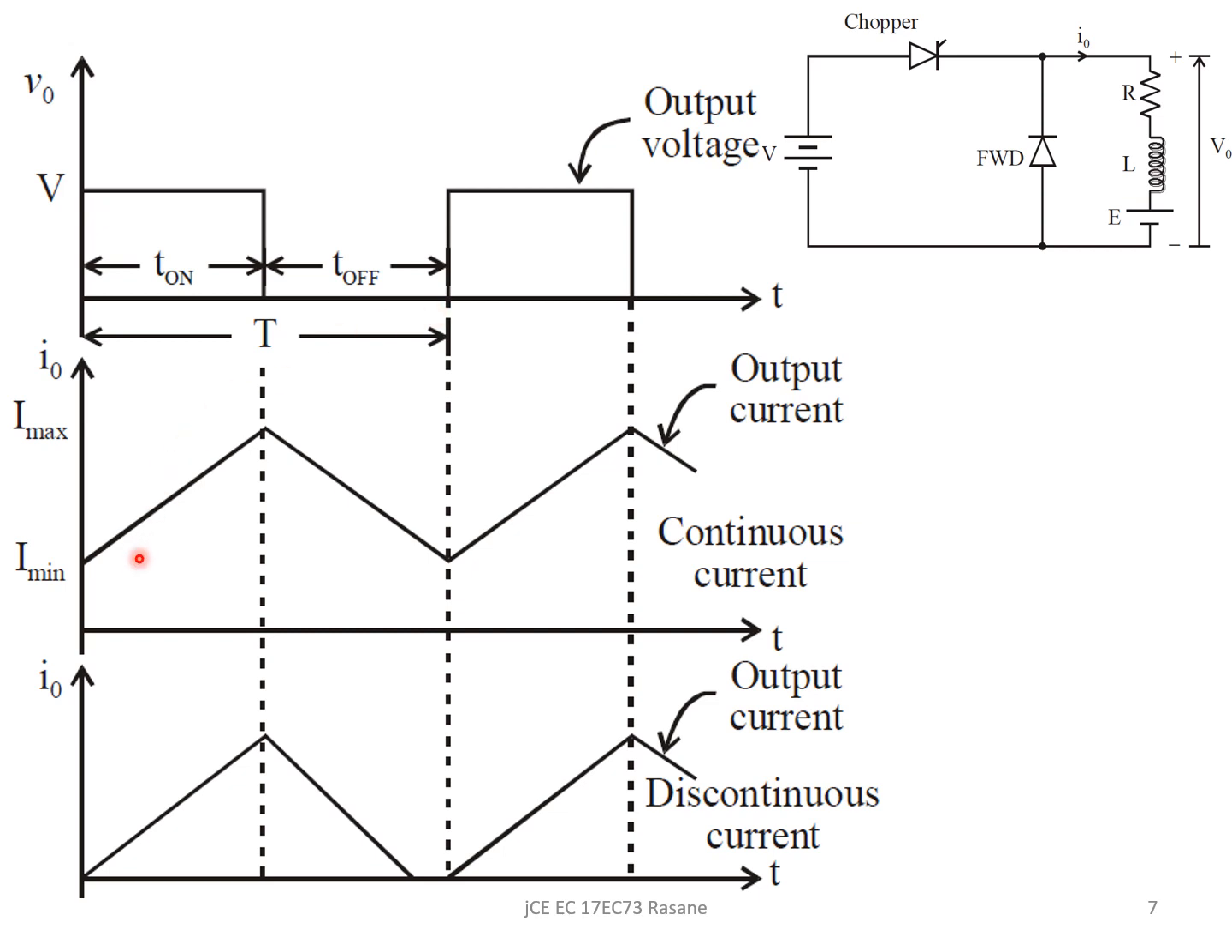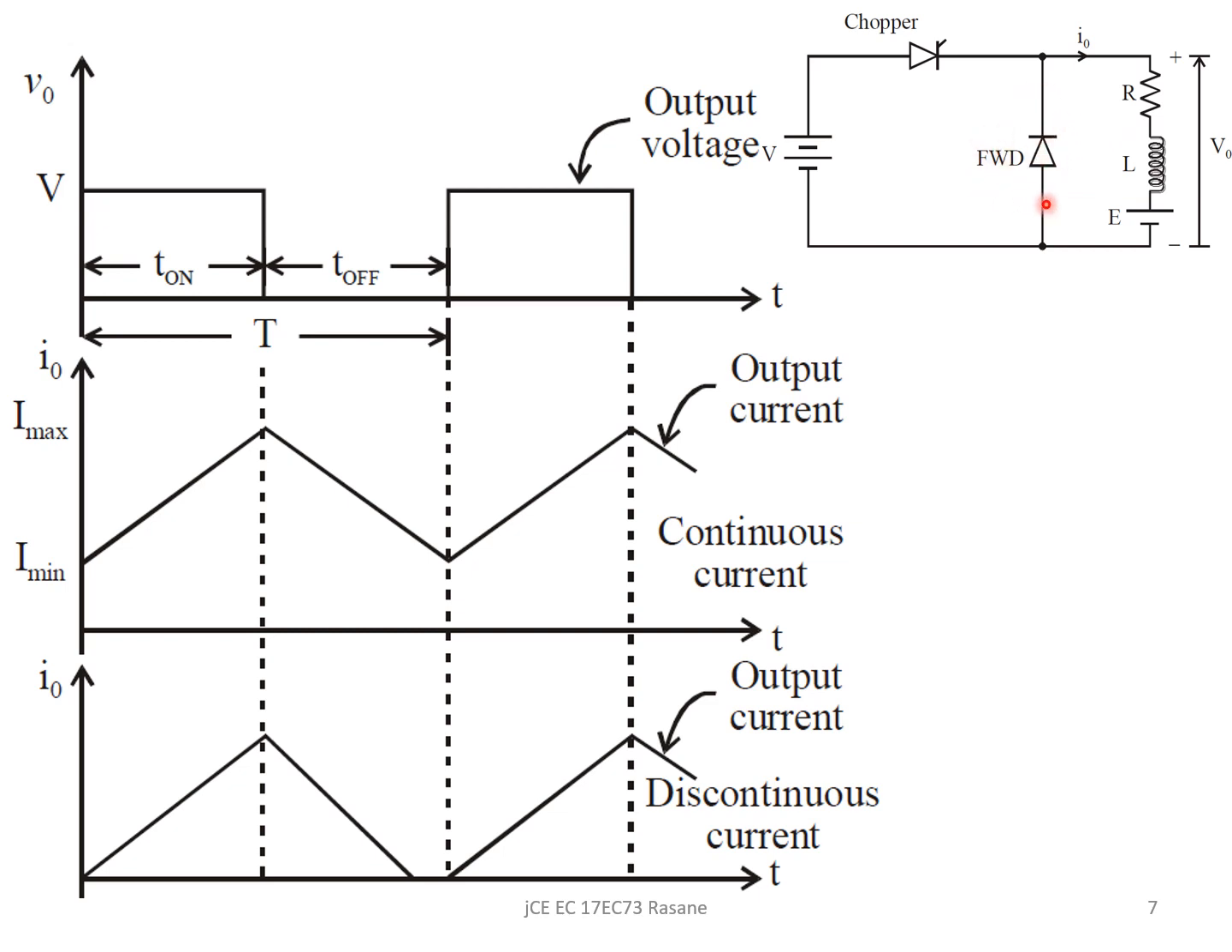So what happens to the output? During turn on, as I said, the supply will be connected to the load and the load will be drawing the current, and it will be of the increasing fashion, starting from a minimum to a maximum value. And when the chopper turns off, the inductor will change its polarity, minus plus, which will forward bias this